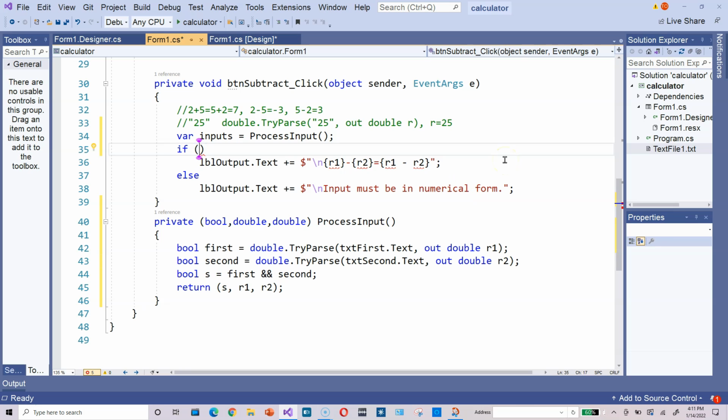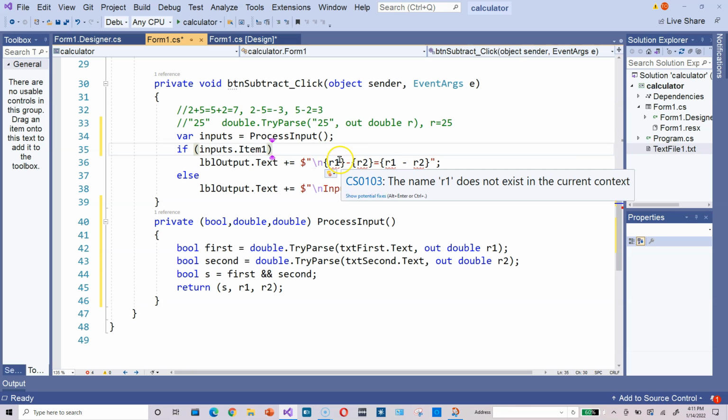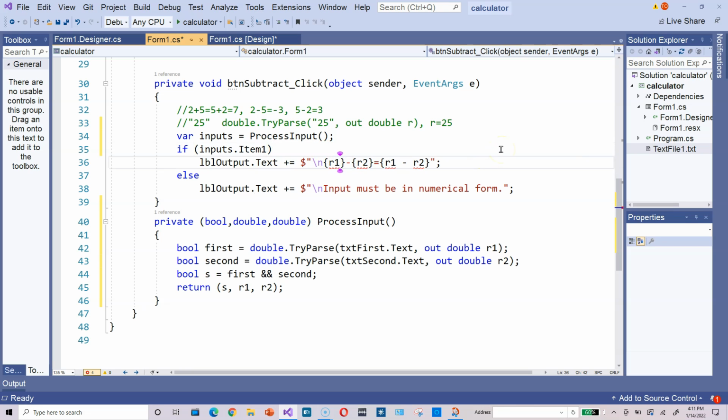So you can say if inputs.item1. That's how you refer to it, item 1, you see? You can get it that way. Put your mouse over item 1, that is a Boolean data type, correct? That's all. That means you can make decisions with it. Once you've done that, assuming that item 1 represents true overall, in other words, both inputs have been converted successfully,